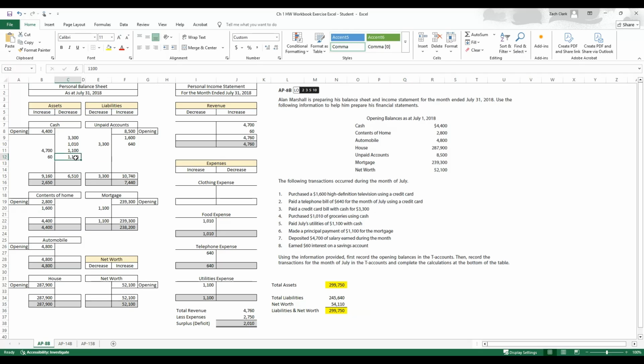If I had made that mistake that I caught when I started, and I did not have this 1100 in here, let's just, for the sake of illustration, delete that out. Now you can see where we don't balance. Our assets don't equal our liabilities plus net worth, and that means that we messed up when we were putting our accounting in. That's our check figure. If we get to the end of the problem and see this, that should be a red flag that jumps out at you and says, "Whoa, we missed something," and that's where you go back through. And if you're new to Excel too, there are undo and redo buttons here,